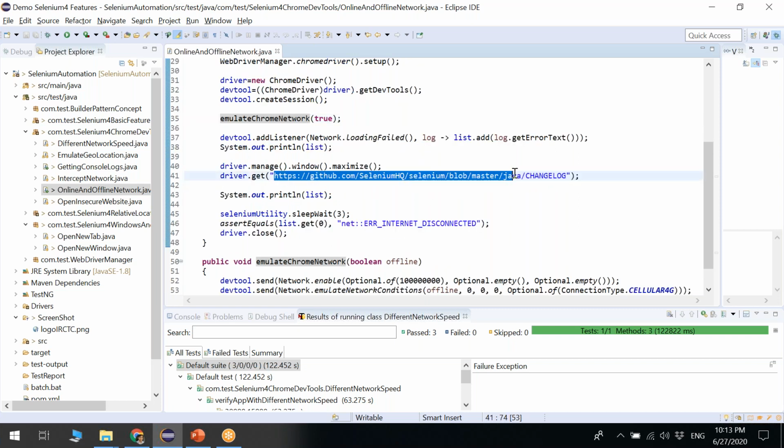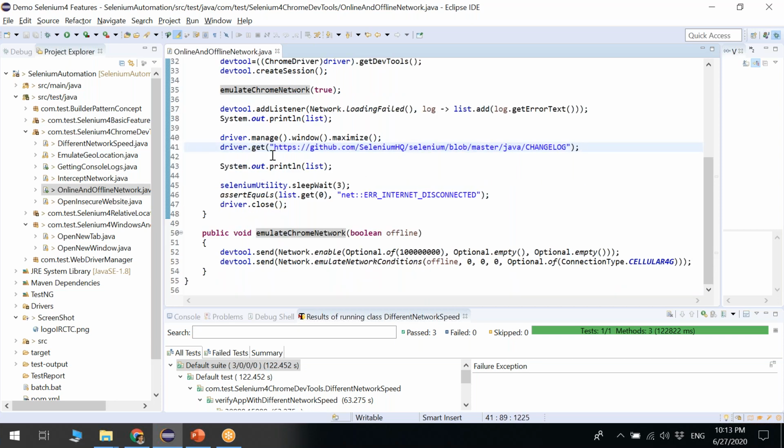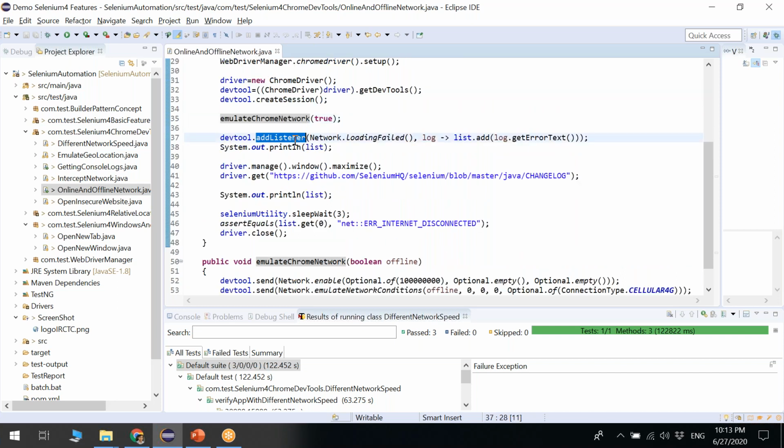So I'm going to open something. This is a GitHub page of the Selenium changelogs. Here, we are disabling the internet. After disabling, I'm using listeners. In the listener, we have one method for when your network is not working fine or is throwing some error, loading failed.